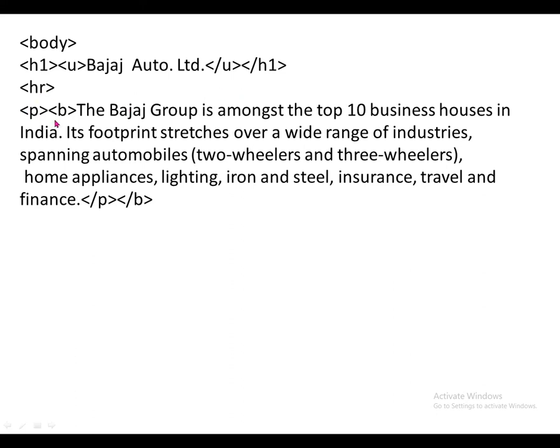Then you are using the P tag, bold tag. As per the question, you have to use some basic physical style tags. So the P tag you are using, and you will get all the effects from this P tag, like font size, font color, and all. Here I am using bold, so this information you are getting under the bold tag. You are closing the P tag here. This information may be anything. You don't have to remember this information while preparing this SOP1. What you are filling in must be related to Bajaj Auto.